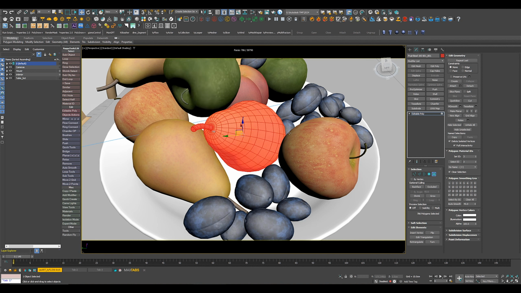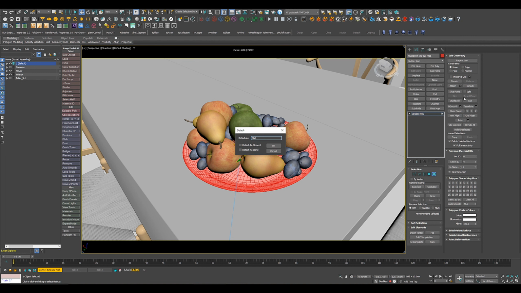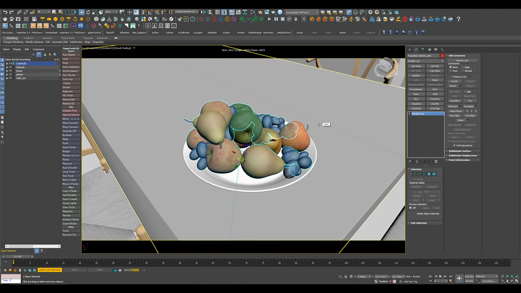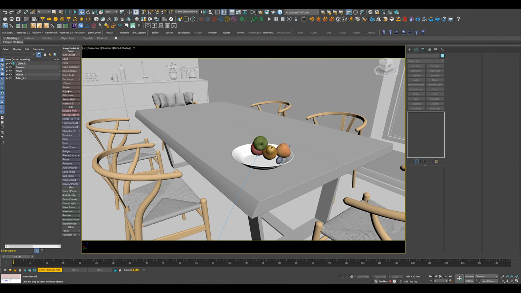Then we have a pear. So I'm going to do this, and that peach. Detach this one as well. So everything detached. We need the plate. And there we go. Now I can go actually and delete the original model. Don't need it anymore. And select all my fruit